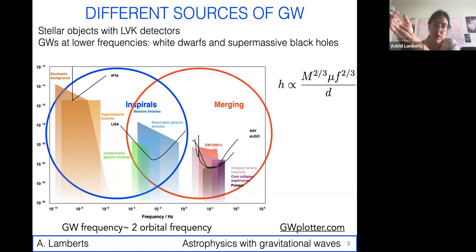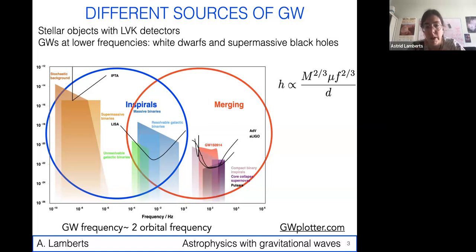So this is the high frequency regime. But then, with LIGO Virgo, we see the merger of a binary, but effectively that same binary has just been rotating around each other for billions of years and slowly emitting gravitational waves until actual merger. So you can find the same system at lower frequency, and that means it will also have a lower amplitude, but you can actually detect some of these systems at lower frequency.